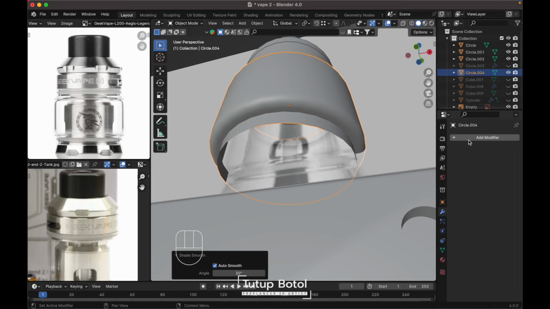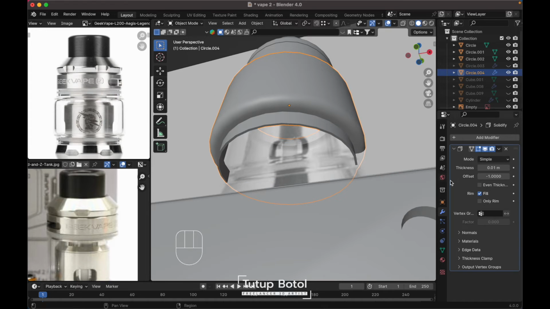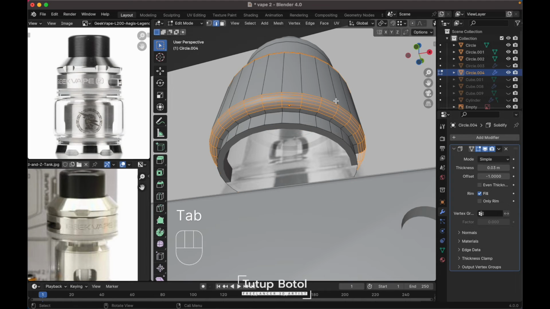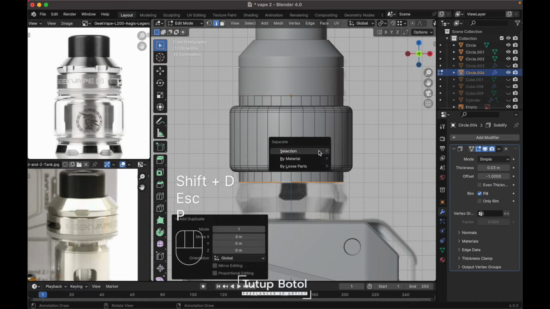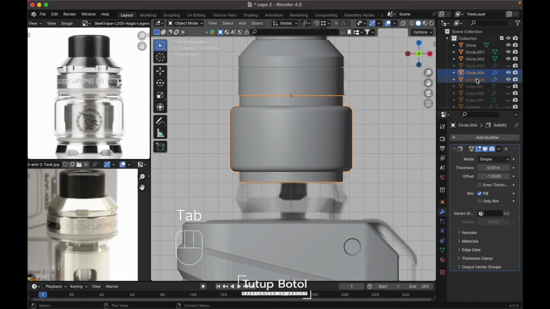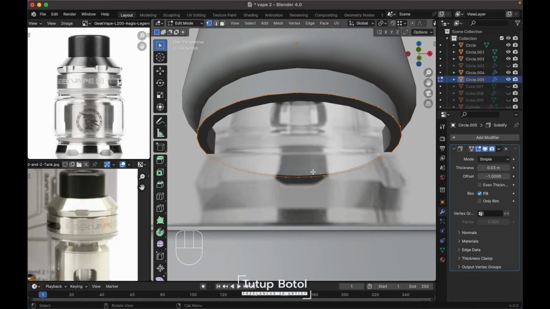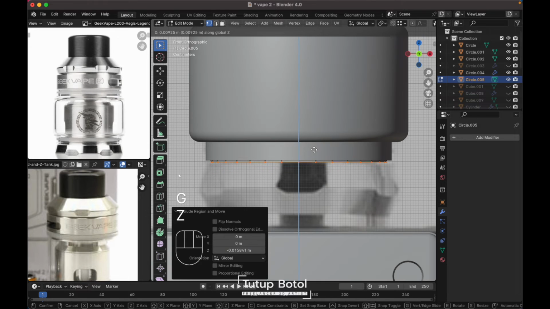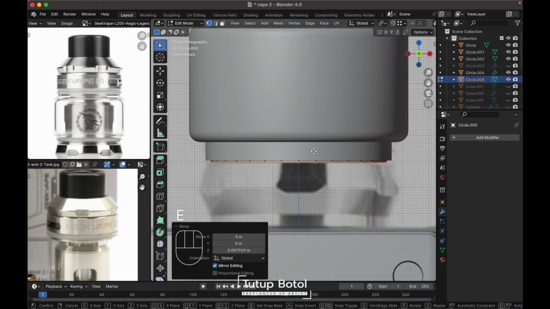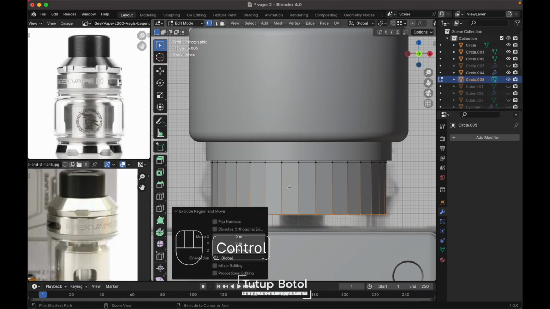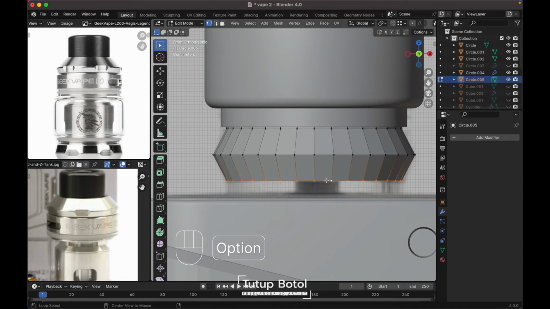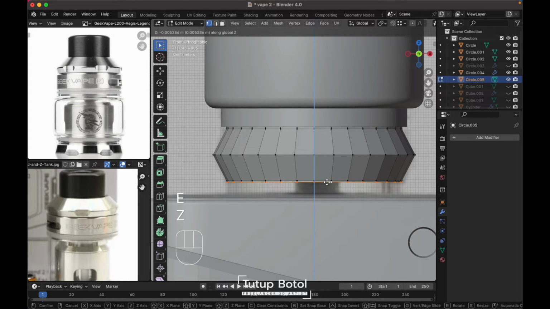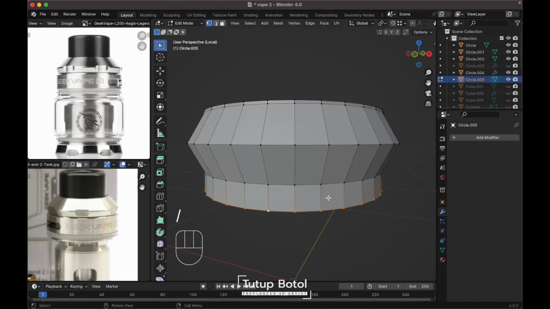Shade out smooth, and add a modifier, solidify, just the thickness inside, just like this. Okay, select this edge, Shift D to duplicate it, P to separate this object, select this circle, tap to the edit mode, press E, Z, just a little bit like this, and extrude it again down here. Press Ctrl R, add a new loop cut here, scale this up like this, and press E again, Z to extrude it down here. Press Alt and select this